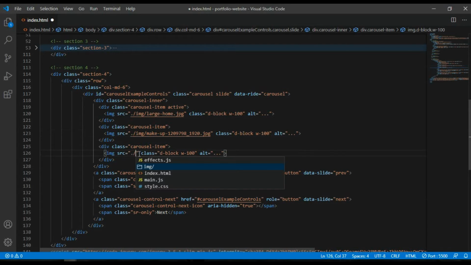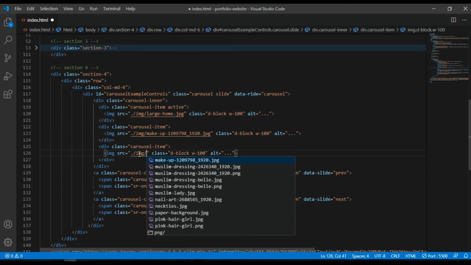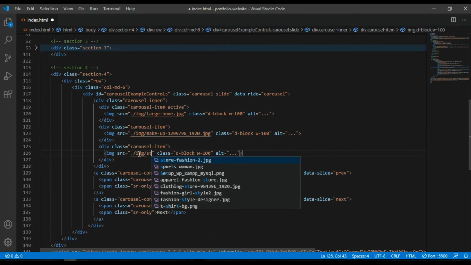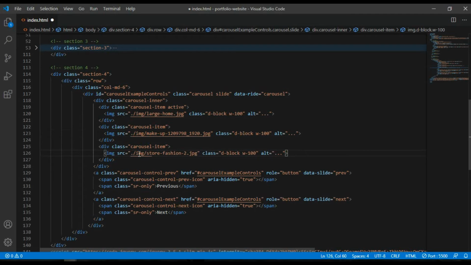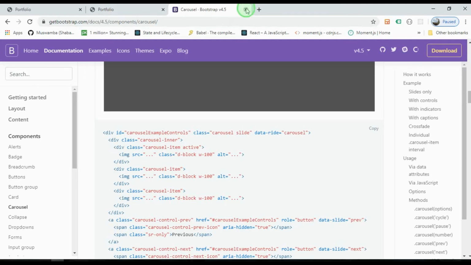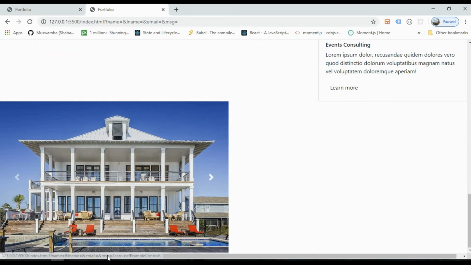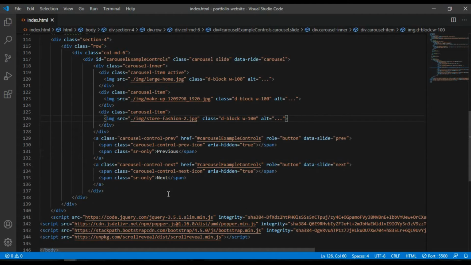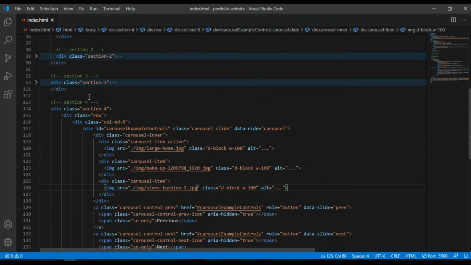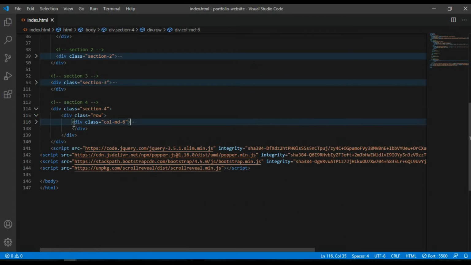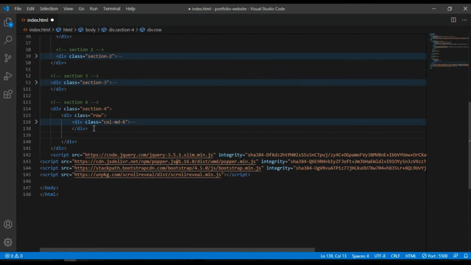So just add image. Right, so save the change, back in browser. You can go ahead and close this, go to our website. This is what we have. Now I need to add a column medium 6 for the right. So this is going to be right